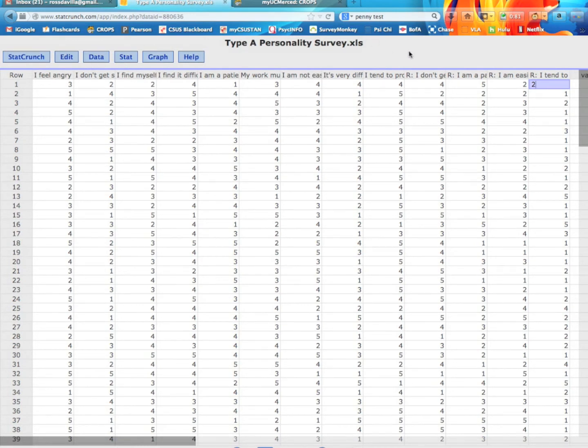Now, when we're doing this, we're creating our scale totals. We want to only include the reversed forms of each of the items that we reverse scored. So in other words, when we're adding up 1, 2, 3, 4, and 5 for the first half, we don't want to include this version, I don't get stressed easily. We want to include this version, the reverse scored of that. Same thing with 5, I'm a patient person. We don't want to include this one, we want to include this version of it.